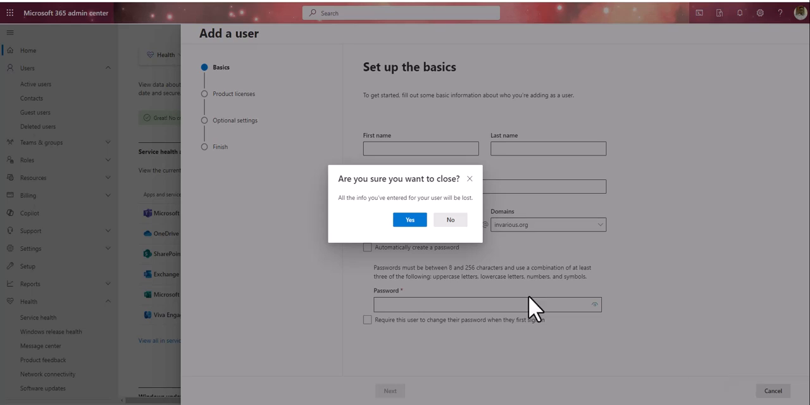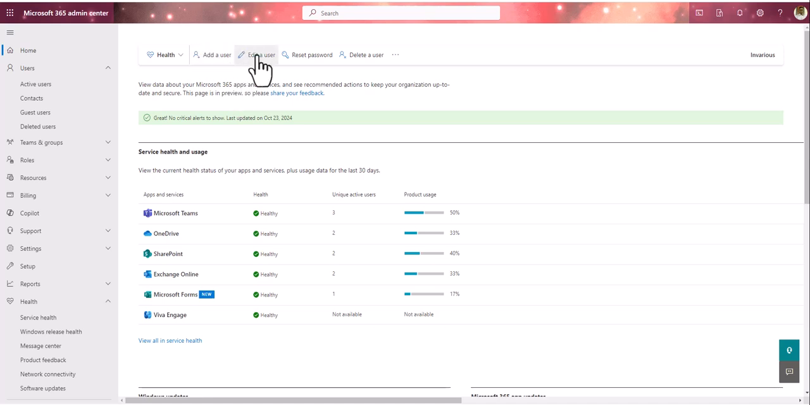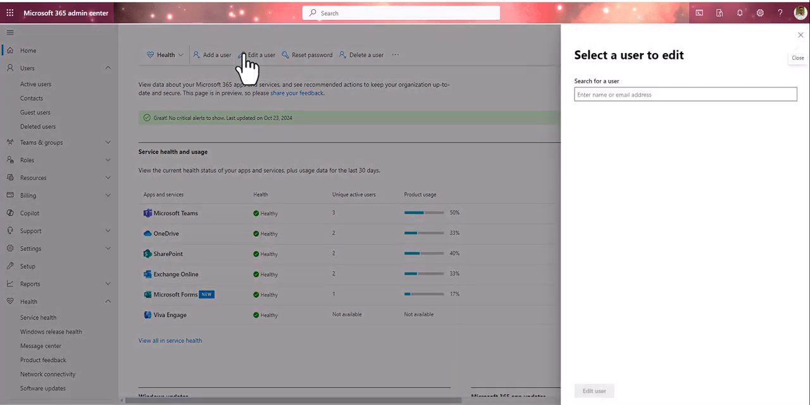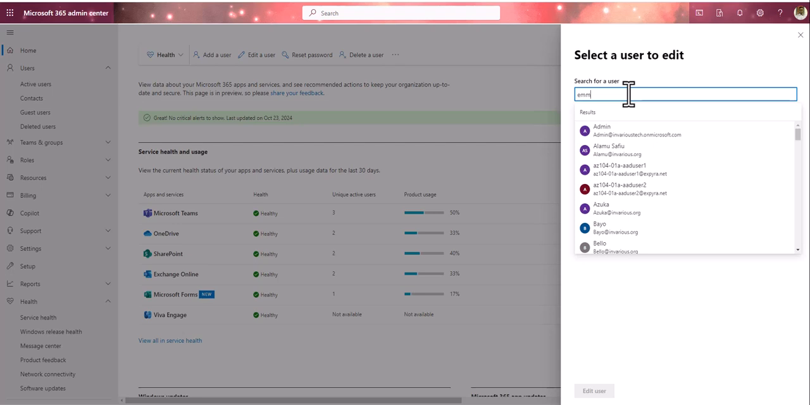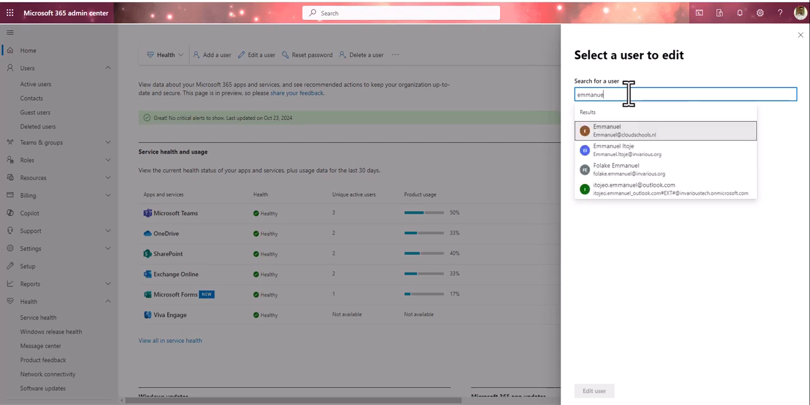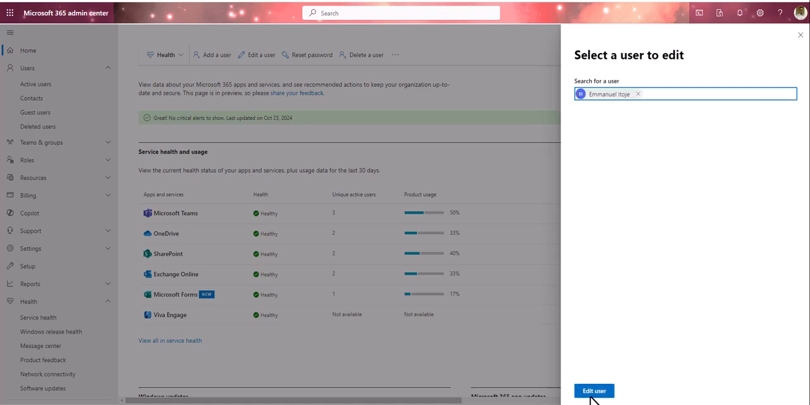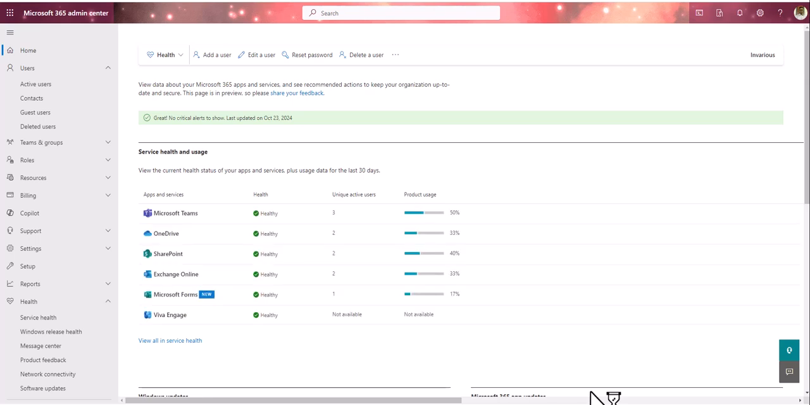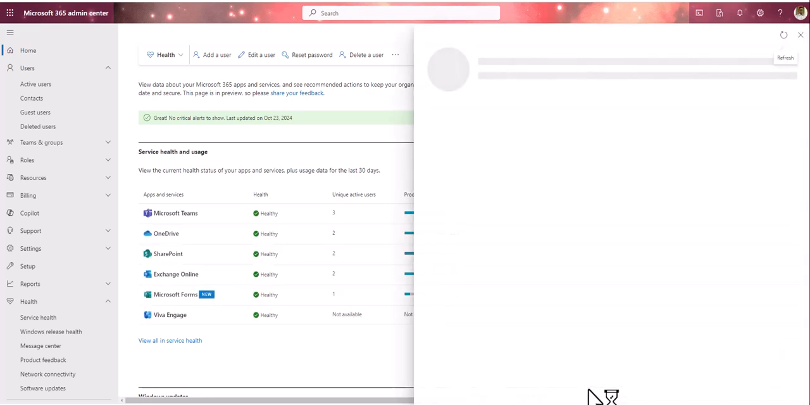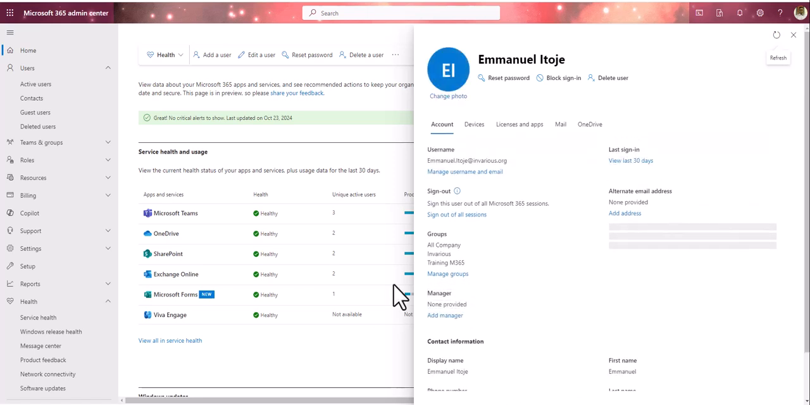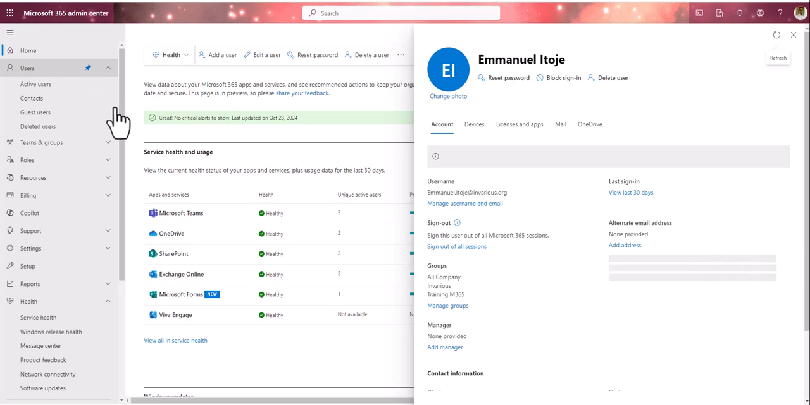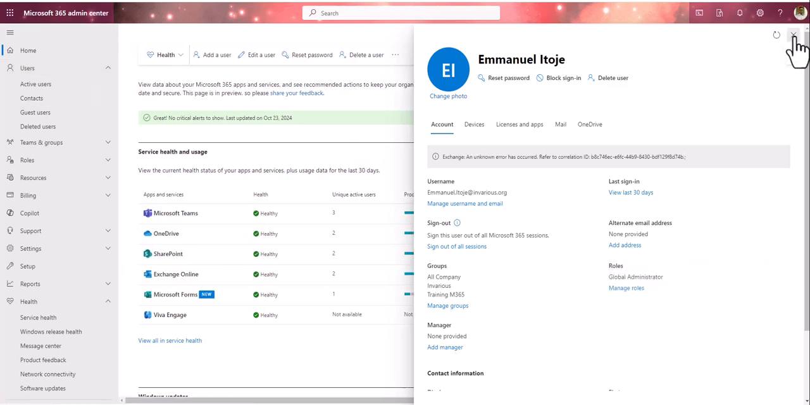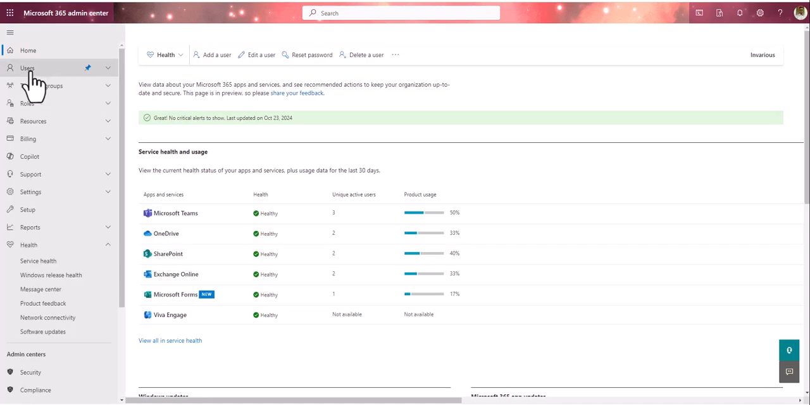Maybe something has changed about a particular user. Maybe the user's department has changed, or the user has just gotten promoted, the user is going to a new role, and you need to edit something about the user. So let me just search for one random user here. Okay, let me select this user. Say this user got promoted, or is changing role. Instead of going the usual way, users, then active users, then searching for the user among all the users you have here, maybe thousands of users,